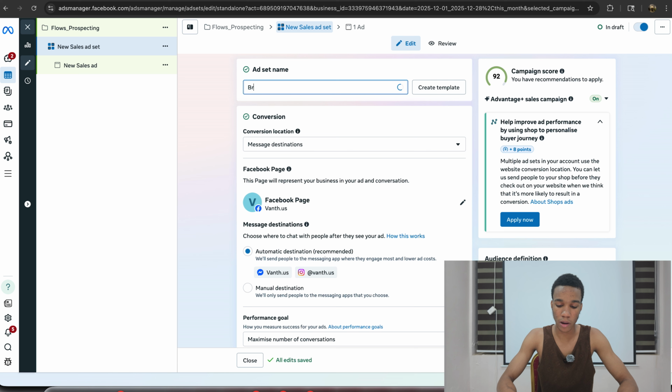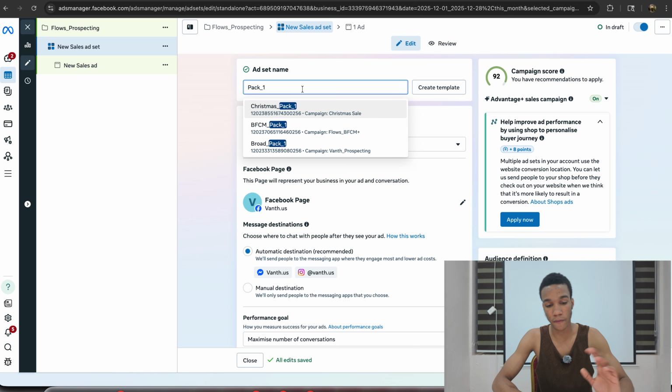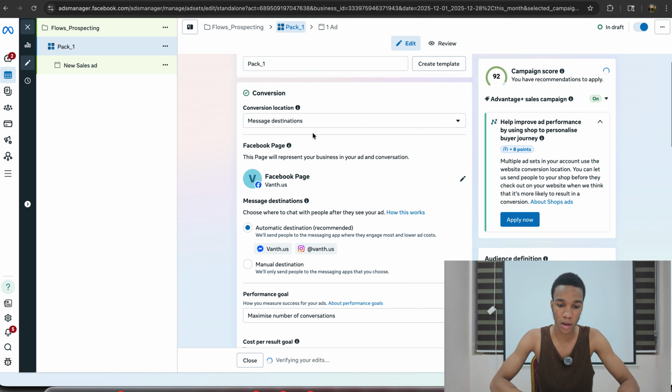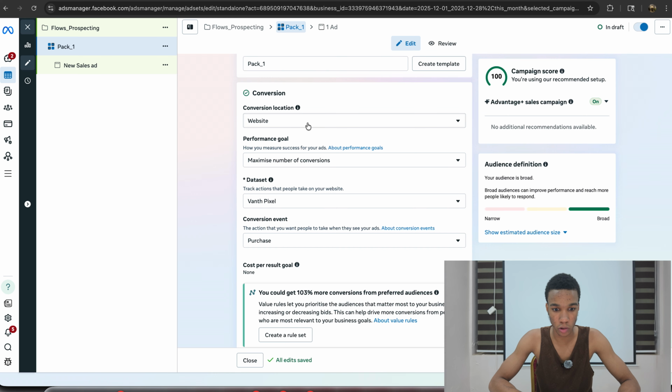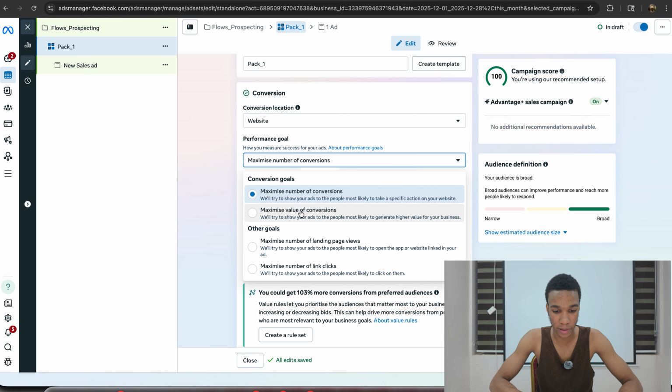So at the ad set level, we're going to be naming this Pack 1. This is the first pack of creatives we're going to test. Alright, so you're going to go for website as a conversion location because you want to send the traffic to your website. Maximize number of conversions, maximize value of conversions. I'm gonna just keep it very, very brief because you're a beginner and you don't know a lot about this,